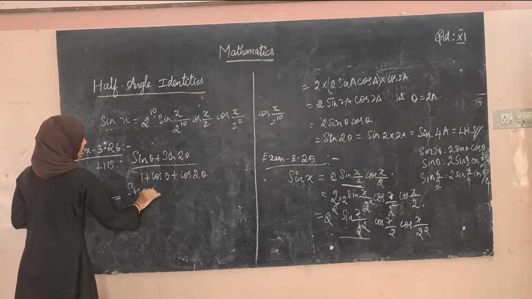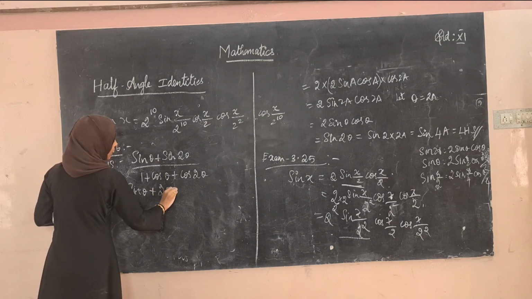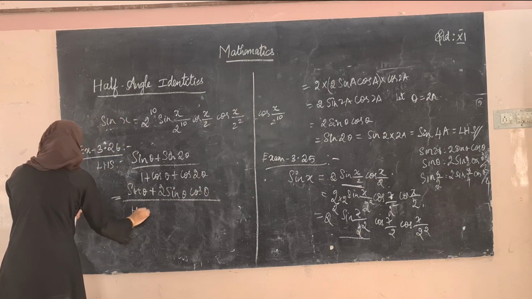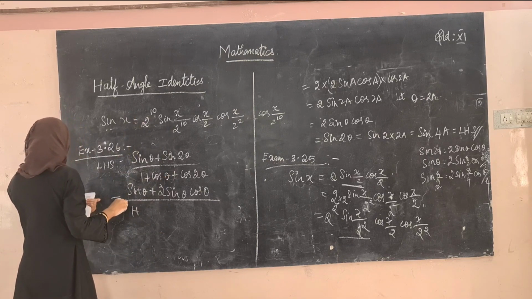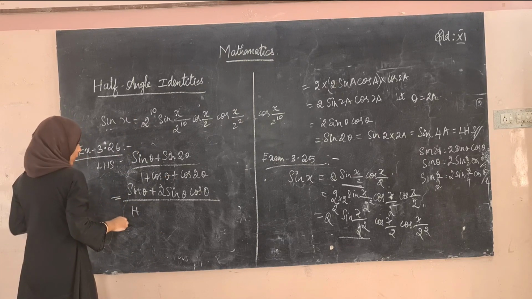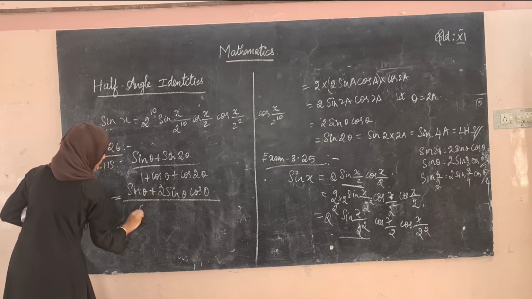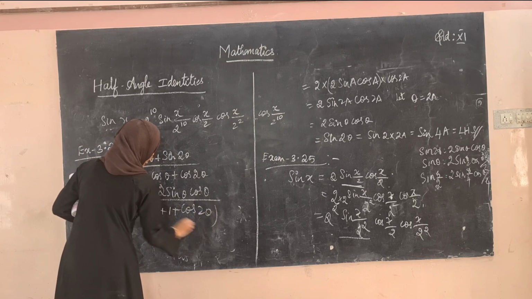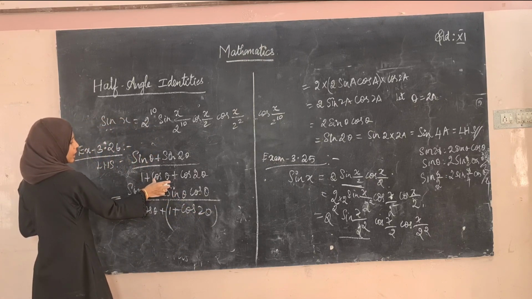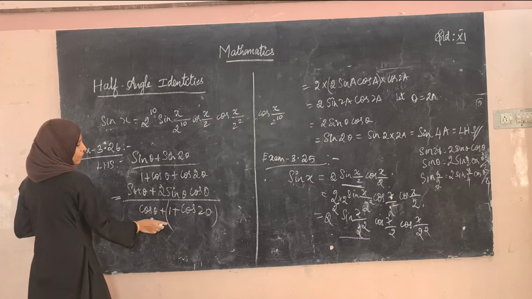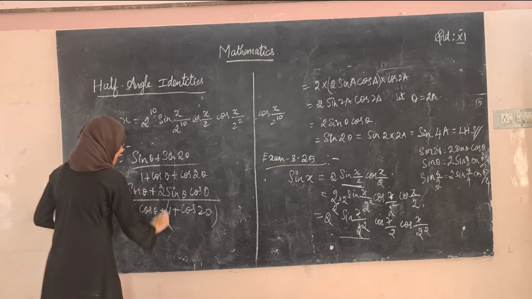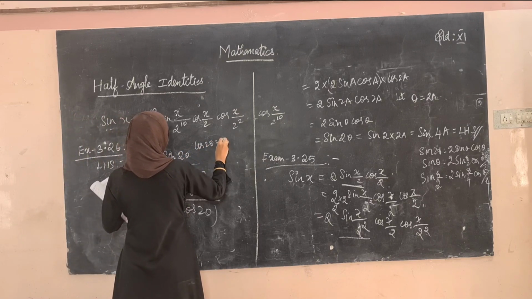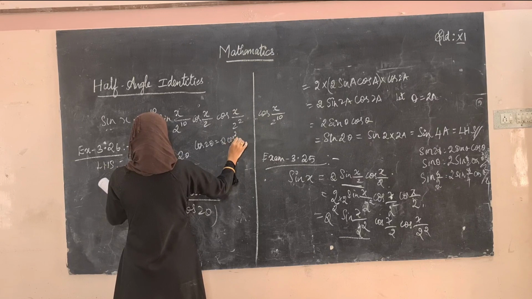Let us take sin theta as it is. Sin 2 theta can be written as 2 into sin theta cos theta, the whole divided by 1 plus... Okay, see here, this can be written as cos theta plus 1 plus cos 2 theta. No change in that. I have just written it in the term of first and in the term of second. So cos theta plus 1 plus cos 2 theta. When we do this, we know that cos 2 theta is equal to 2 into cos square theta minus 1.